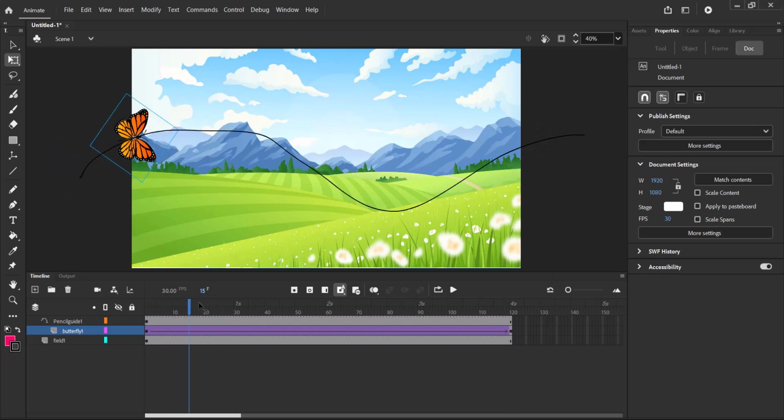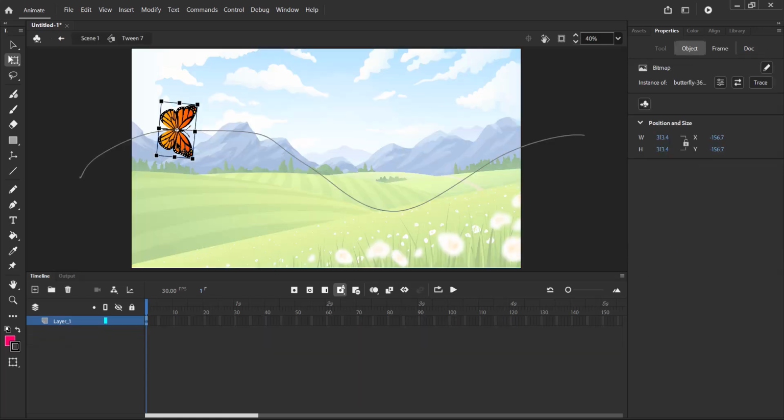But we realize that as we scrub through, the butterfly is just gliding through the field and it's not flapping its wings, which doesn't look natural. So to make it flap its wings, we are going to create a sequence within a sequence, or an animation within an animation. So double click on your butterfly